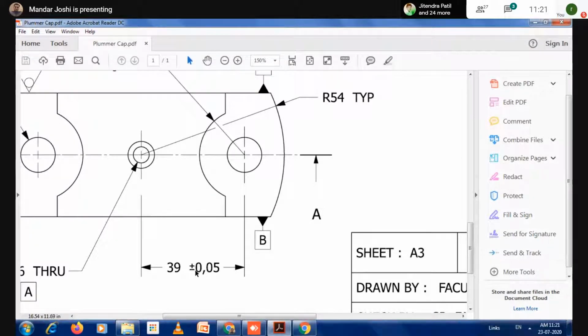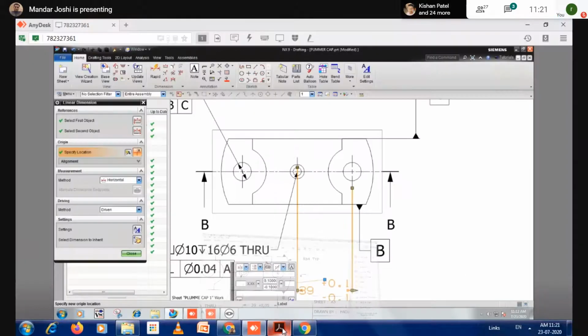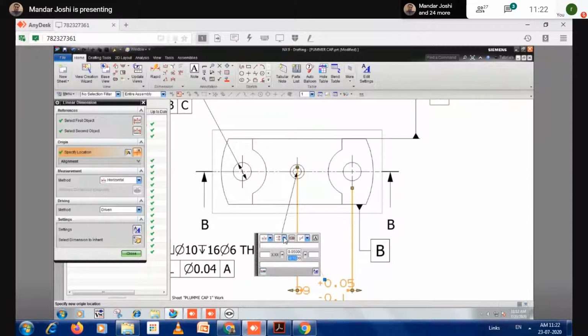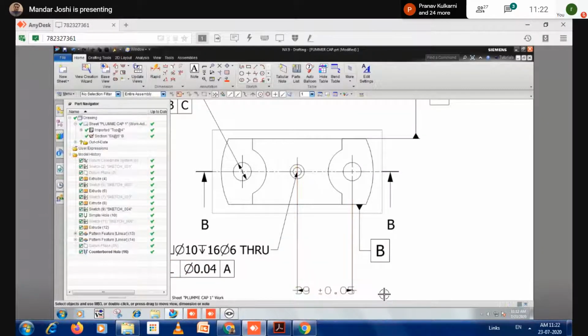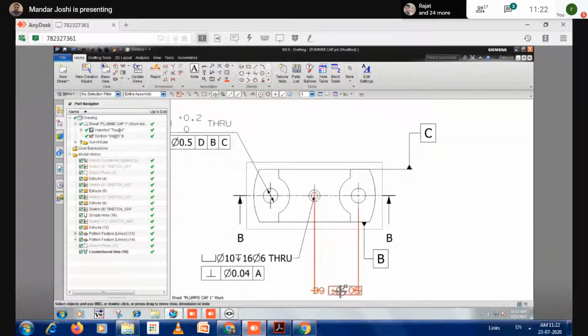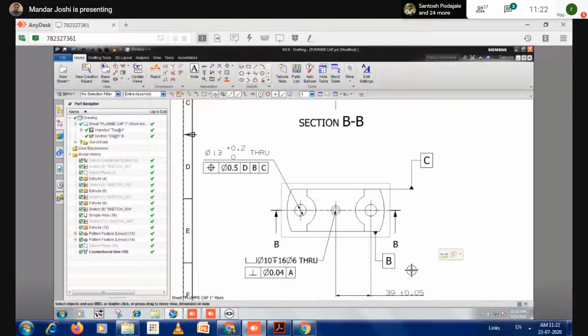So plus minus 0.05 you have to define. Here you take the plus minus option and then close. Then you can put that value here. So this is the tolerance method.